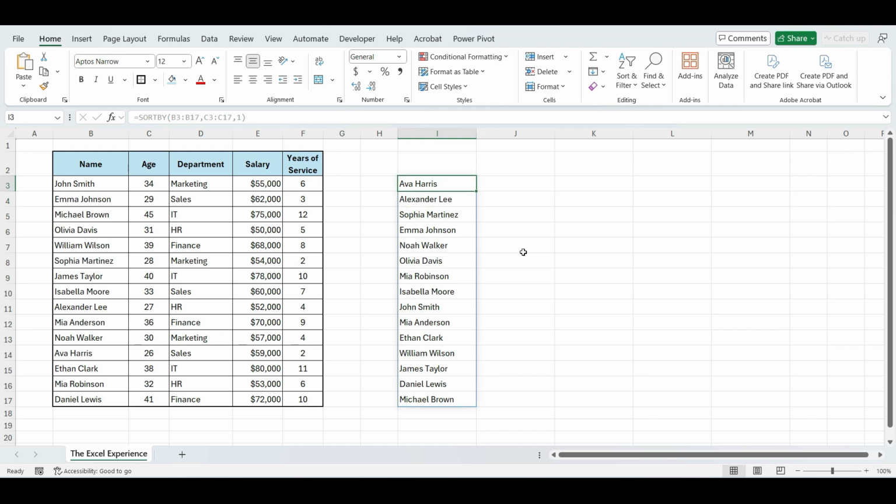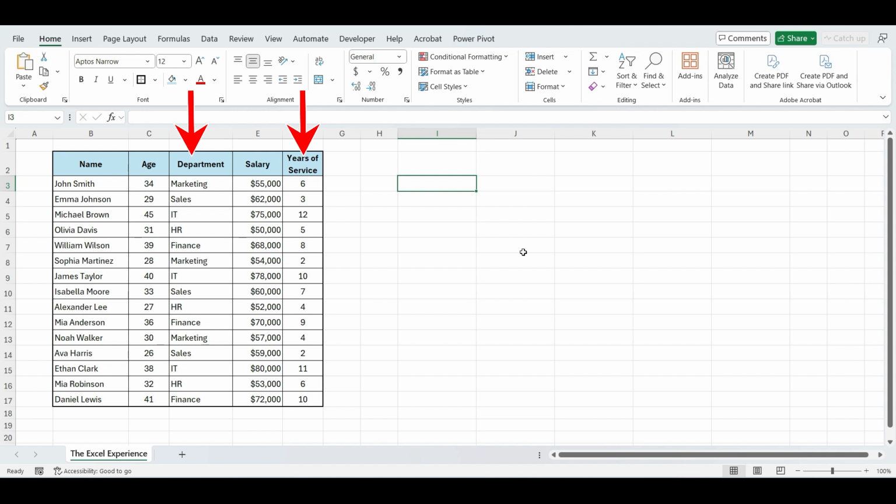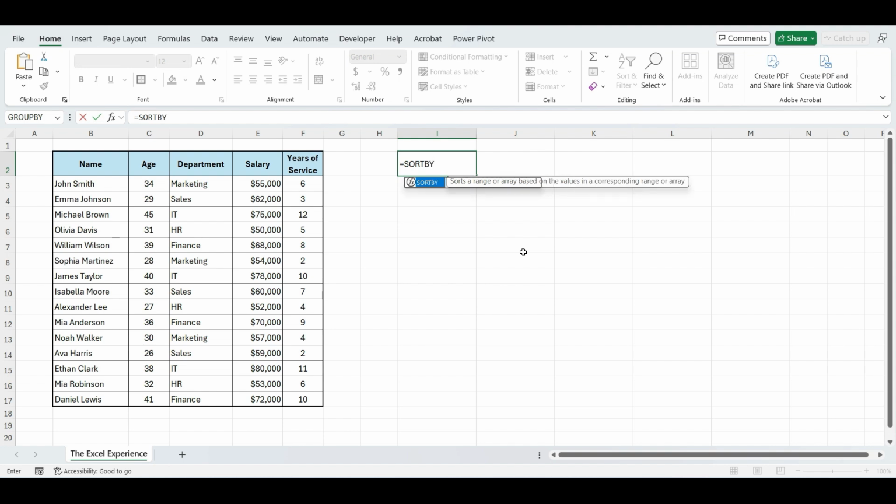We'll sort our data first by department and then by years of service. Write =SORTBY. Open parentheses. For the first argument, which is the array, I'll select the entire data range. Next, for the by_array, we'll first sort by department. Since we want it in ascending order, there's no need to specify the sort order, or we can write 1